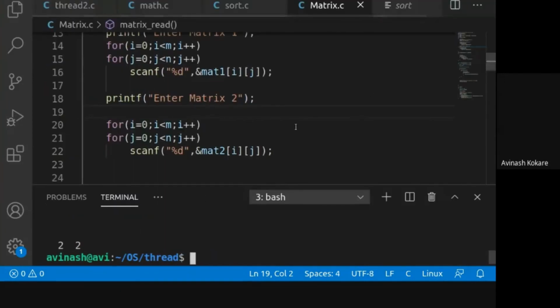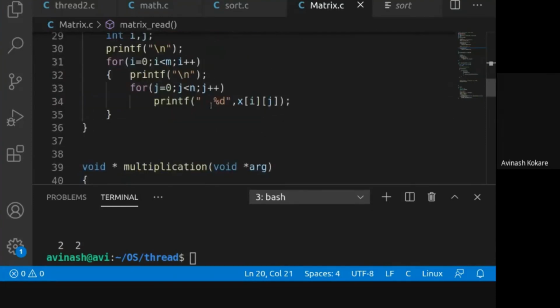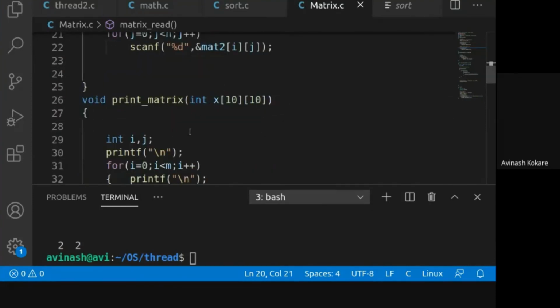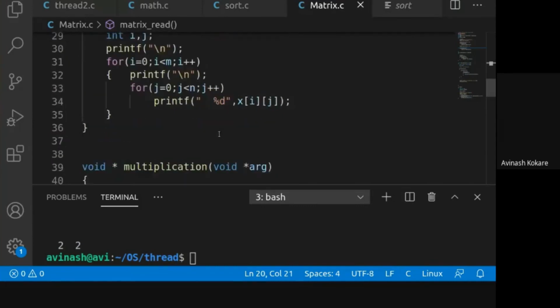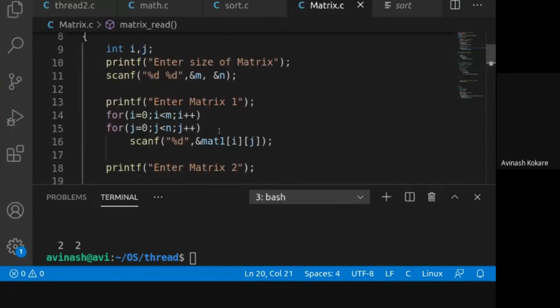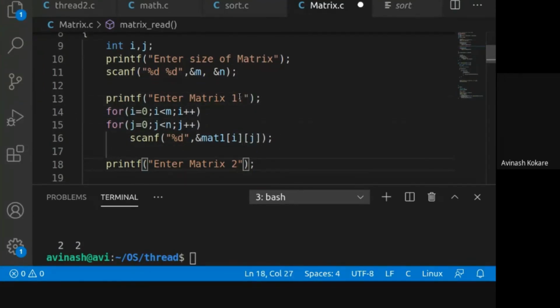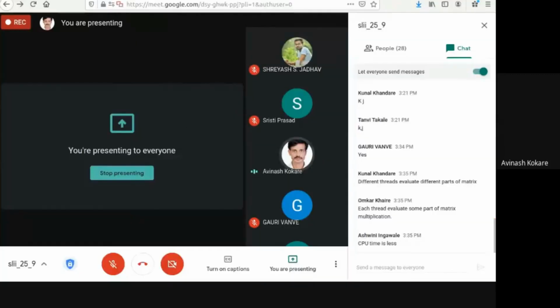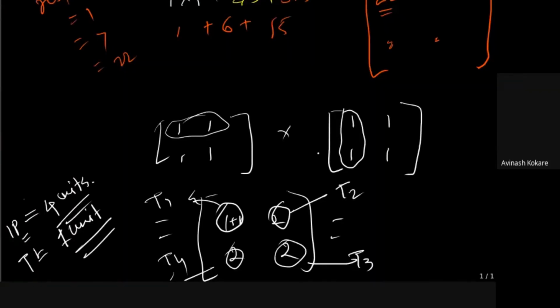So this should not be there. We will have to divide the task among n number of threads. As many threads as we are creating, we have to divide the task. For dividing the task, we will have to write some logic here. Are you getting my point? What I wanted to tell you is that in our program, each thread is making all the calculations. So this is not use of the threads. We should use some formula so that we can divide a task among n number of threads.